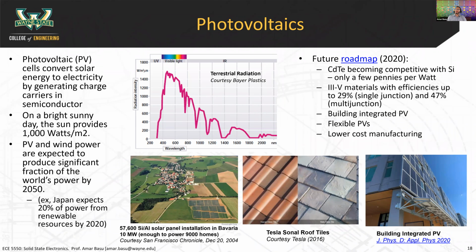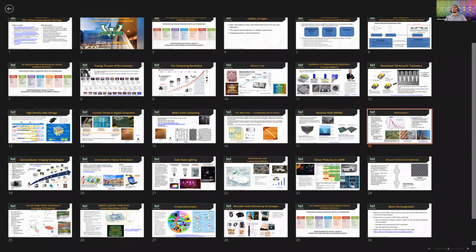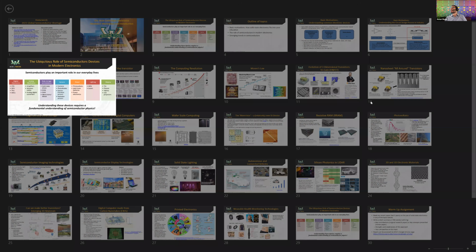Okay. So the next area, if we can back up here for a second, just for context. We talked about data storage and memory, memristors and RRAM. Now we're going to jump over to the power end of things, photovoltaics. We're going to focus a little bit on that because that is a very important application now